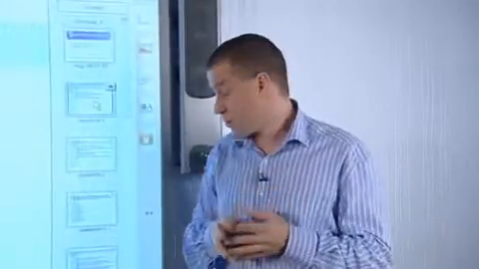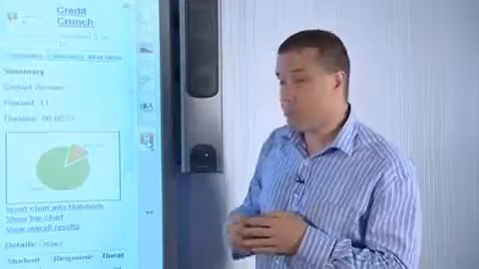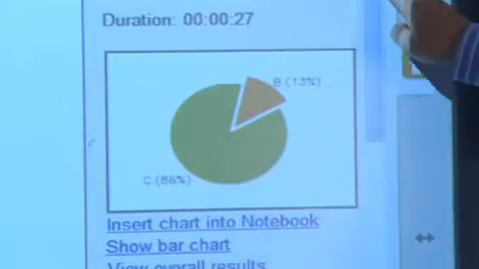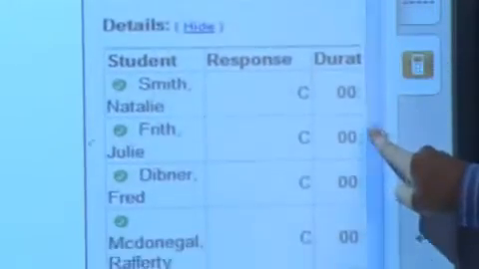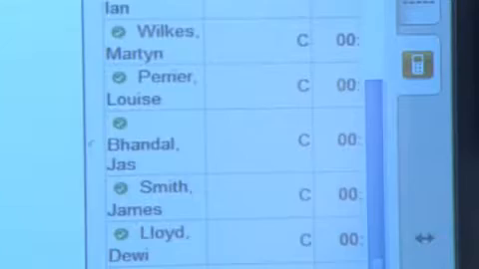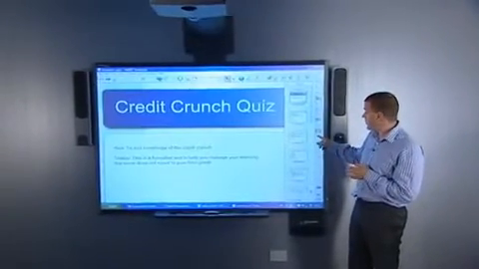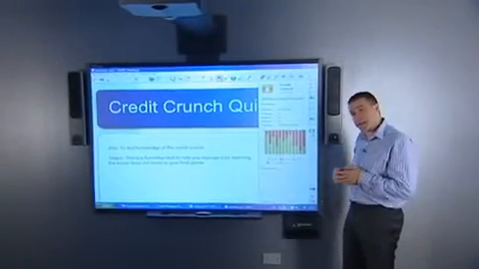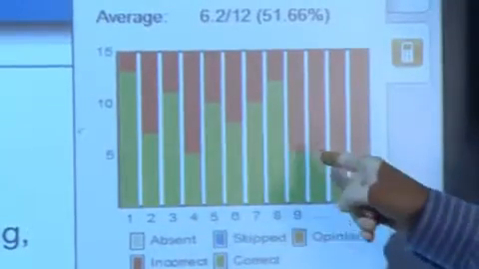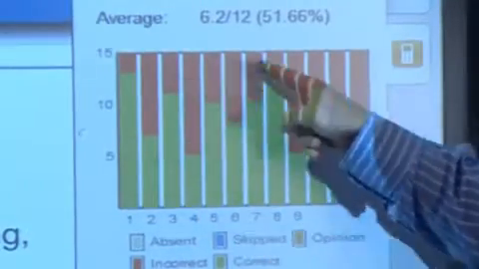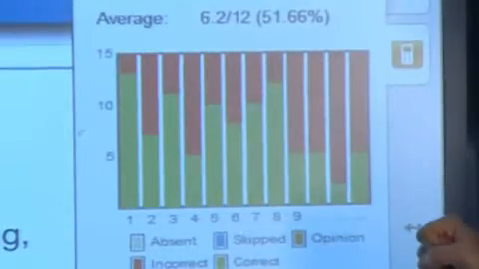Once they've answered the questions, you're able to review the results by individual question, including, if you want, the actual detail of how individual students did, whether they got it right or wrong. Crucially, I can also review the results of the entire quiz. So this very important graphic shows me the questions which have been answered well compared to those which have been